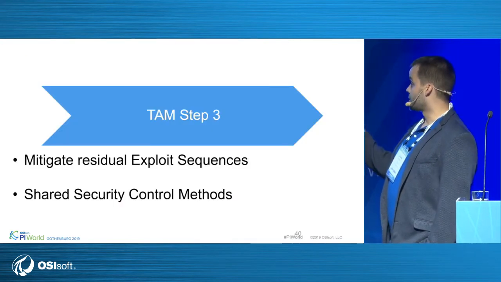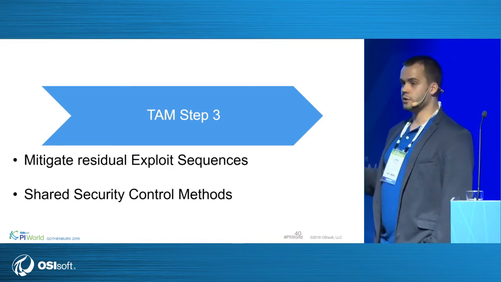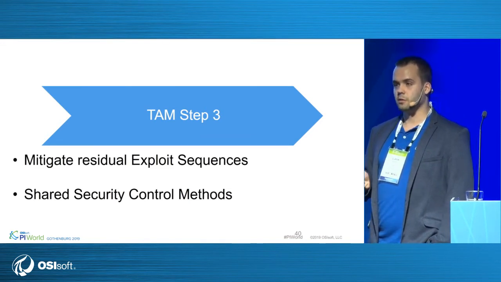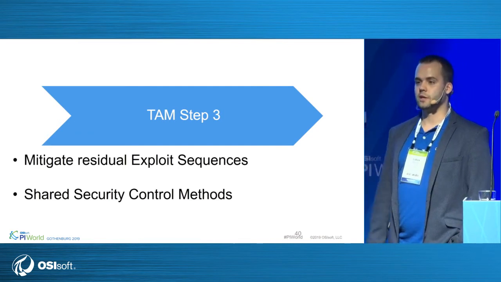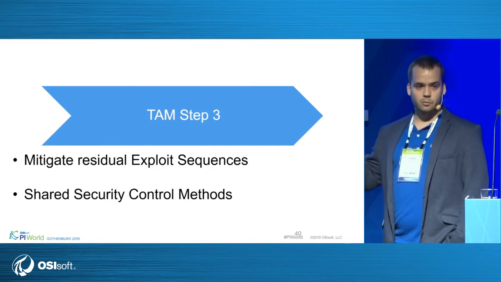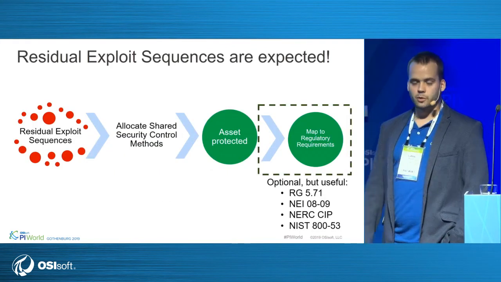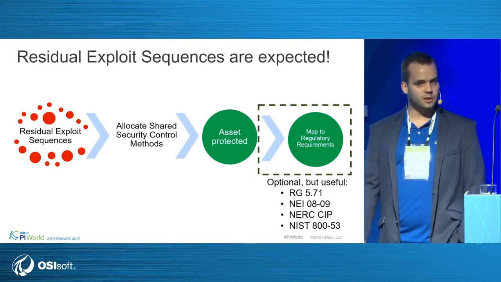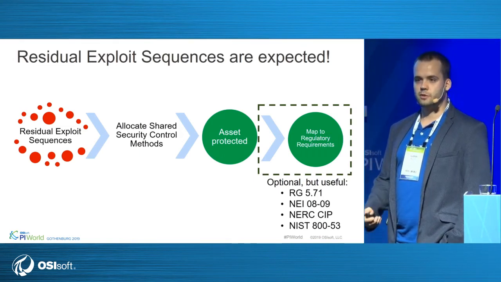And then there's the last step, step number 3 in the overall process, where we have to address those residual exploit sequences which have not been reached, or haven't reached the target levels that we set out in step number 2. So these are called shared security control methods. An example of this could be that your data archive is running in a virtual machine, but that